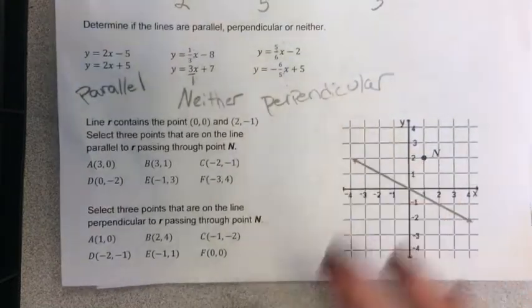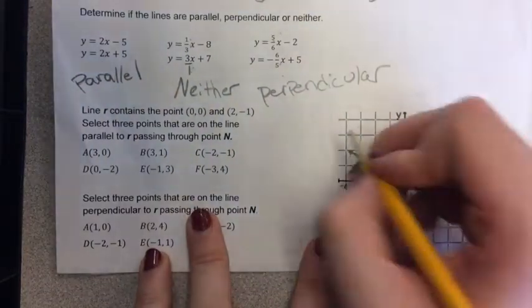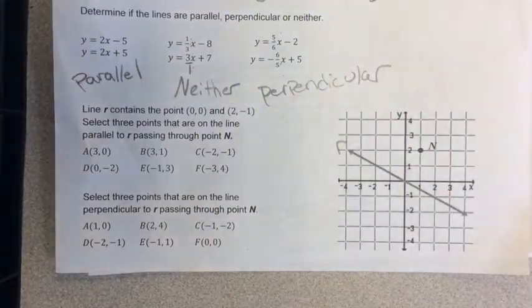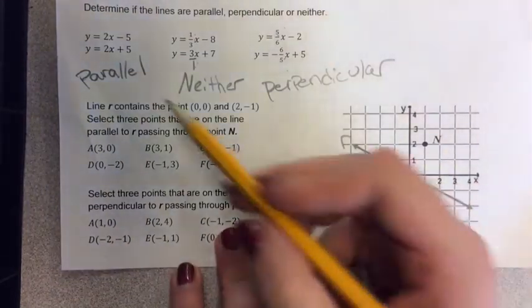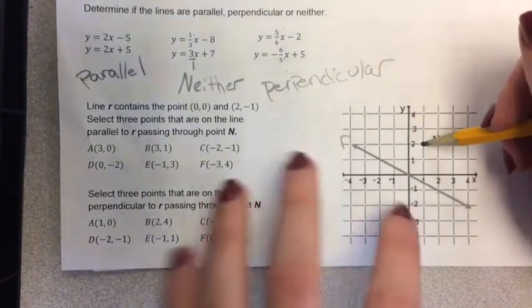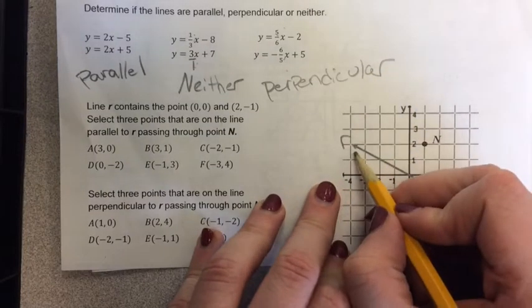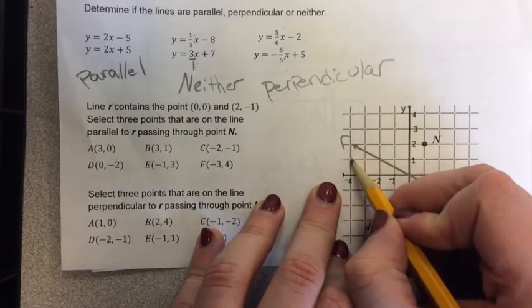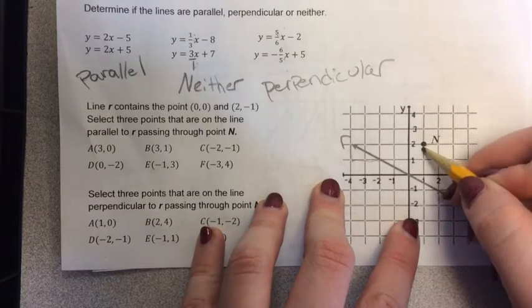All right, if they give you a graph, then you're going to have to see what they're looking for. So it says line R, which is this line right here, contains the points 0, 0, and 2, -1. And we need to select 3 points that are on the line parallel to R that passes through point N. So I'm going to make a parallel line. Let's see, our slope here would be -2/1, and it needs to have the same slope. So -1/2,